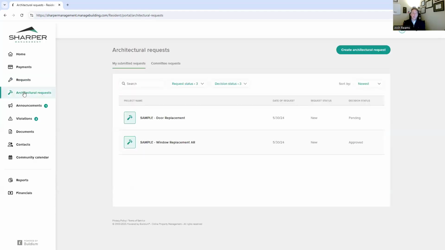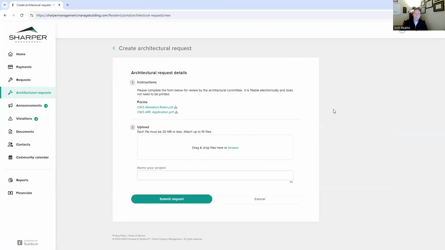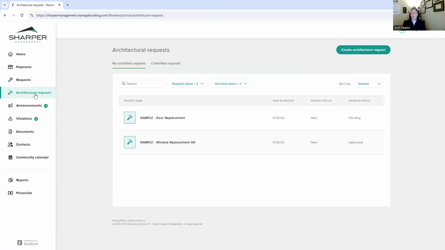Architectural requests is a really powerful tool. Just like a maintenance request, you can go in and create an architectural request. Similarly, you can download the form, fill it out, attach maybe product pictures or a brochure, name it, and then submit the request. Now, the neat thing about this is it's going to list here,